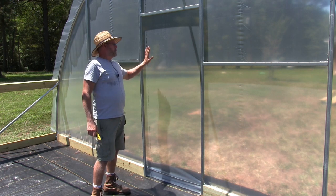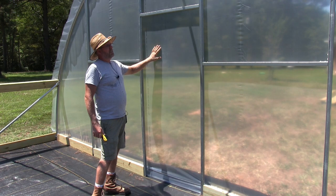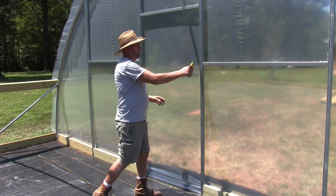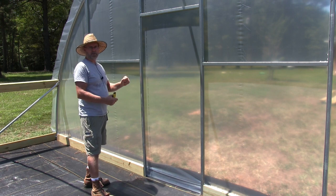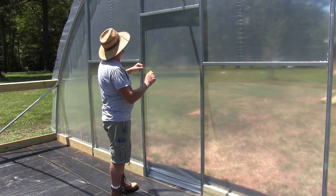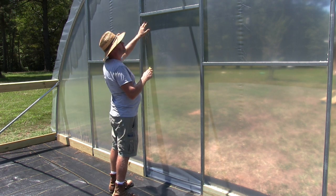All right, so we are ready to put the door in. What we need to do here is cut the door opening out, but we don't want to cut it out exactly to the size of the door frame. We want to leave flaps to be able to pull on it, to pull it tight while I'm putting the door on. So get yourself a nice sharp box blade,